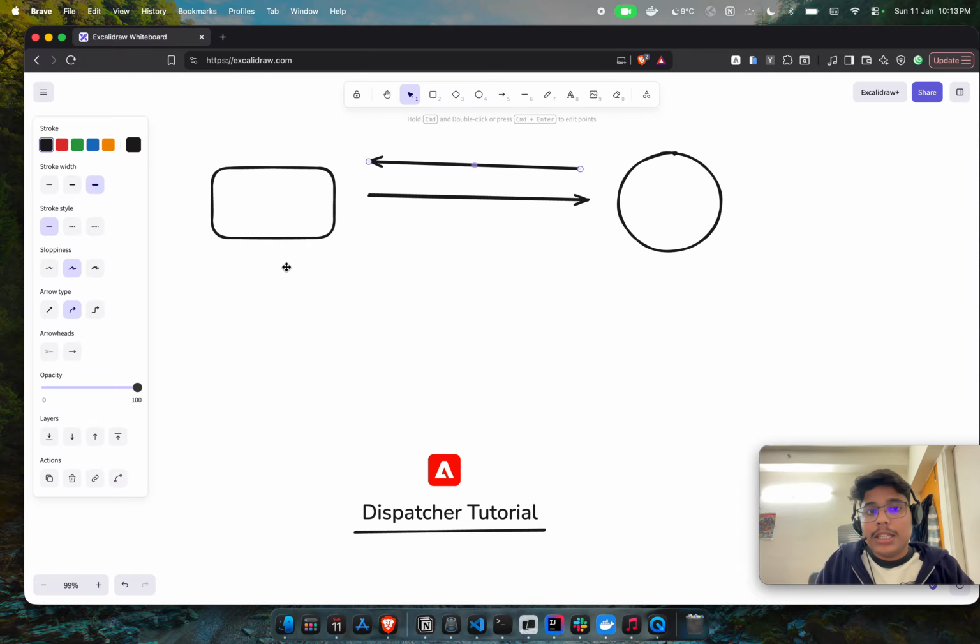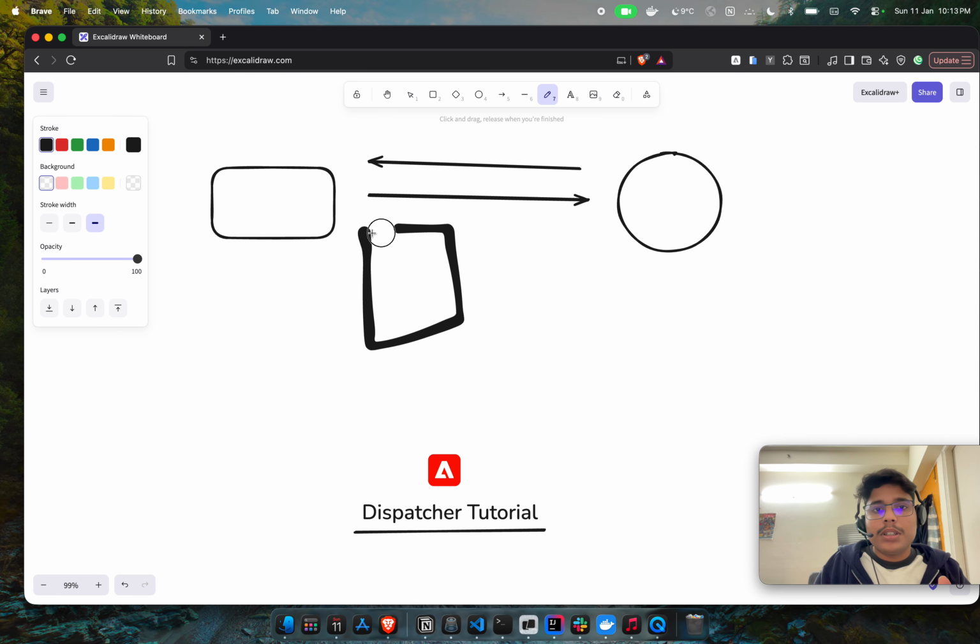The request and response do not go directly between the publisher and the server. Why? This is a very layman example I am giving you of why we need Dispatcher, because there is an HTTP server